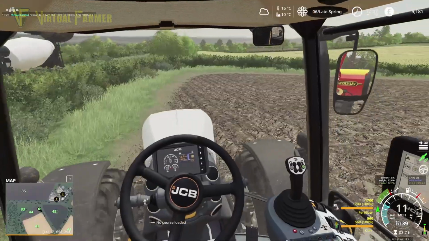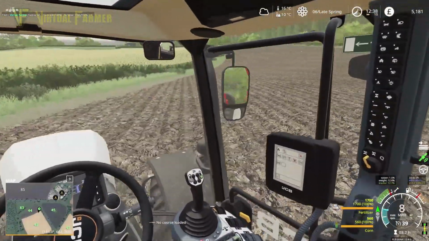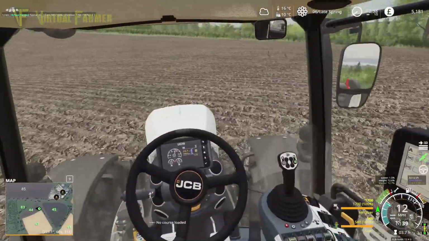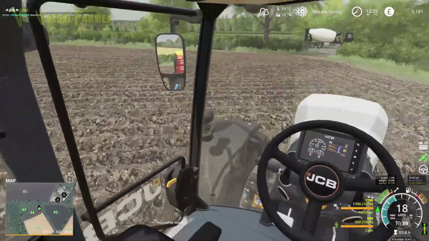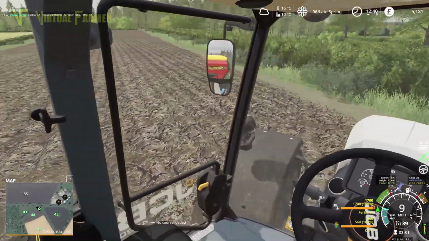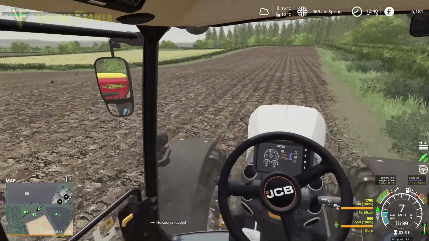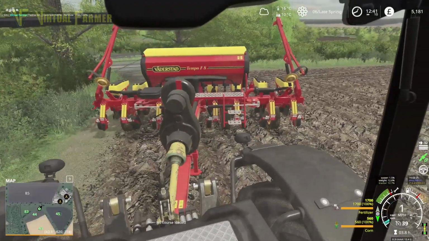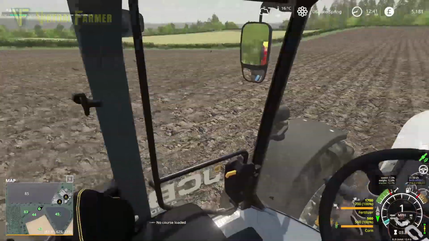Still got my indicator on and still got my beacons on. Don't need either of those. Actually, I think we discovered last time that it was a straighter edge down this side here, didn't we? So let's unfold this. And it is a bit of a straighter edge. Not massively so, though. So what I'm going to do this time